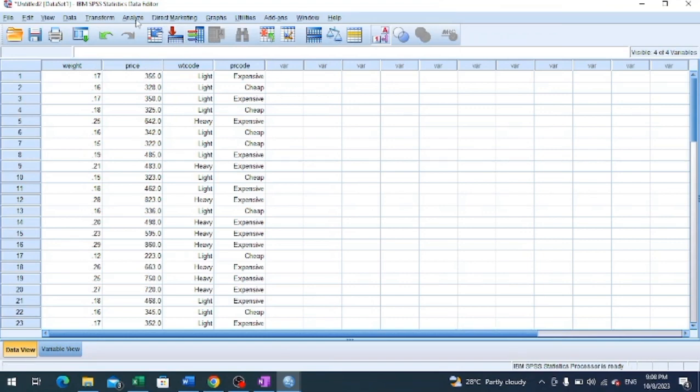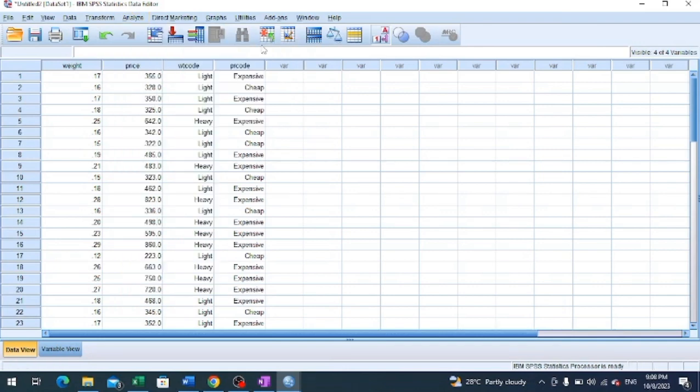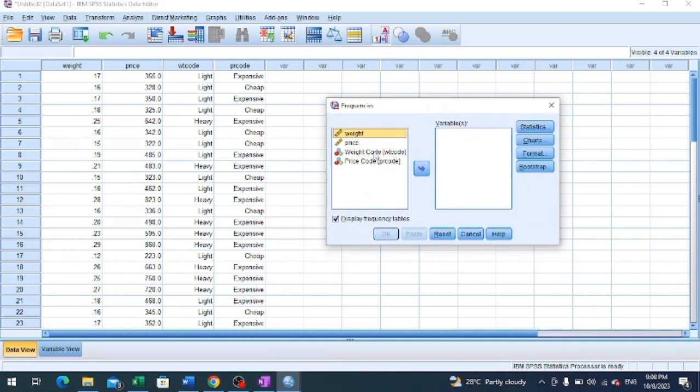Now what we do when we are going to describe the variables which are qualitative in nature, we have to go for frequencies. So the path we need to follow in SPSS is analyze, descriptive statistics and frequencies. Now we can see this window has appeared and we will select these two variables, weight code and price code, for data analysis. Now if we look at the options available in the statistics button,